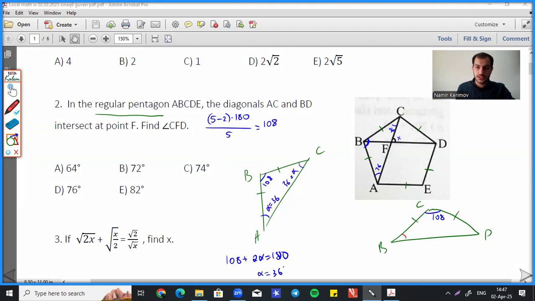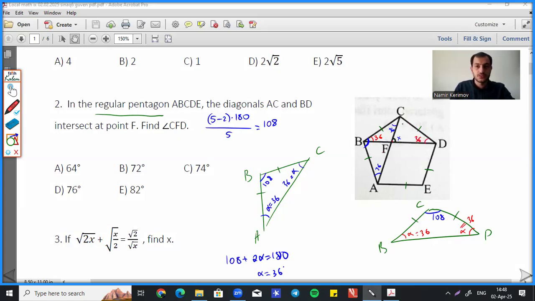We know that they're the same as triangle ABC, which means the measure of angle CBF and CDF,